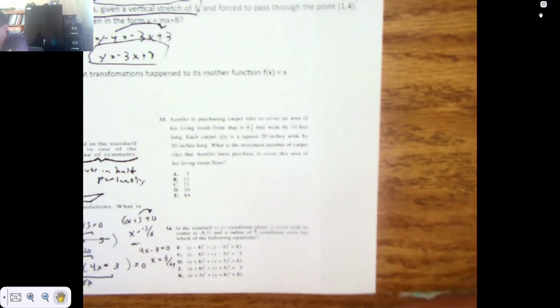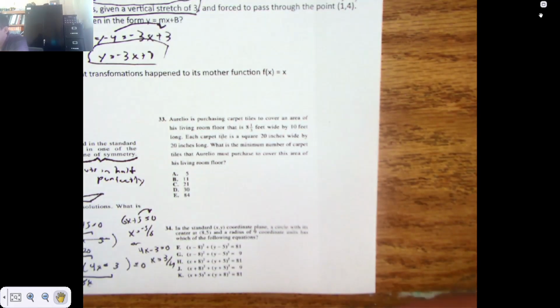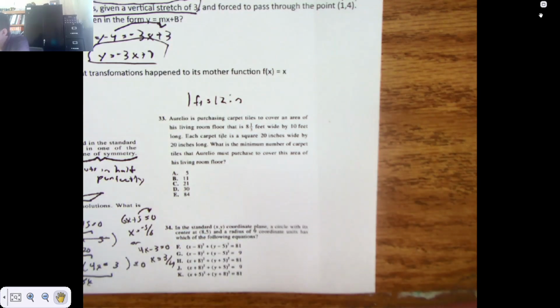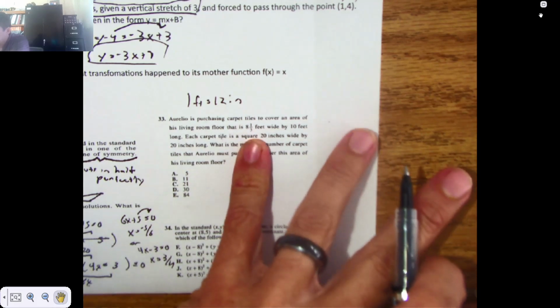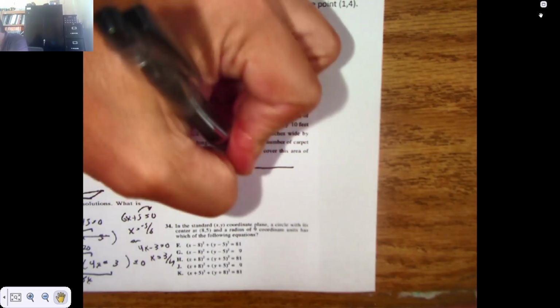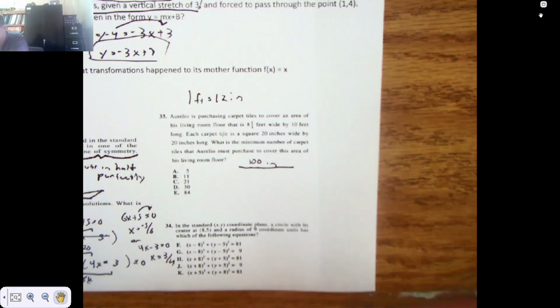33, Aurelio, or however you pronounce his name, is purchasing carpet tiles to cover an area in his living room floor that is 8 1/3 feet wide by 10 feet long. Now, 1 foot is 12 inches. Always has been, always will be. So when I talk about this thing in inches, 8 times 12 is 96, 1/3 of 12 is 4. This thing is 100 inches wide, 10 feet long,